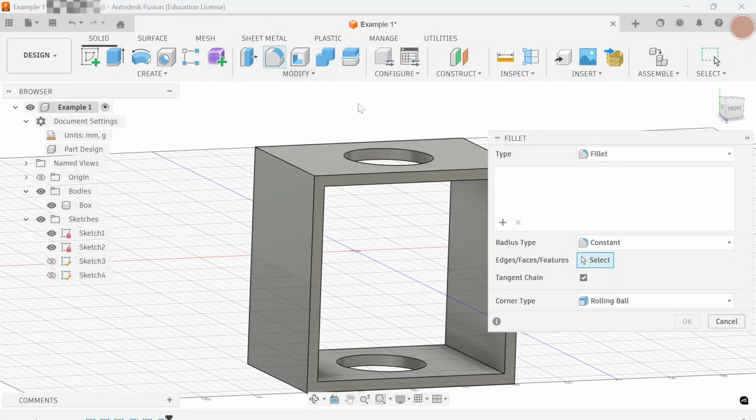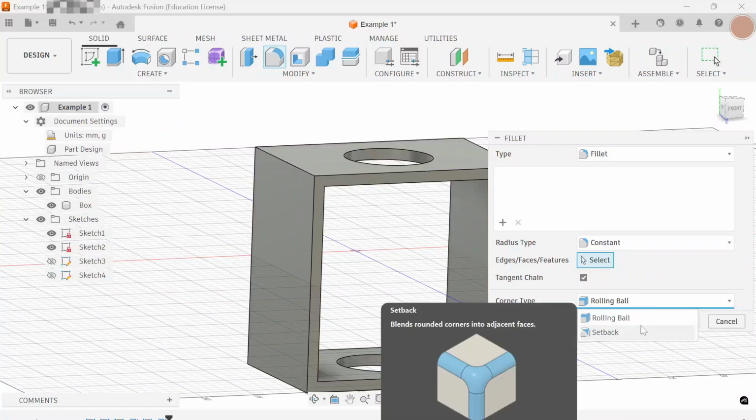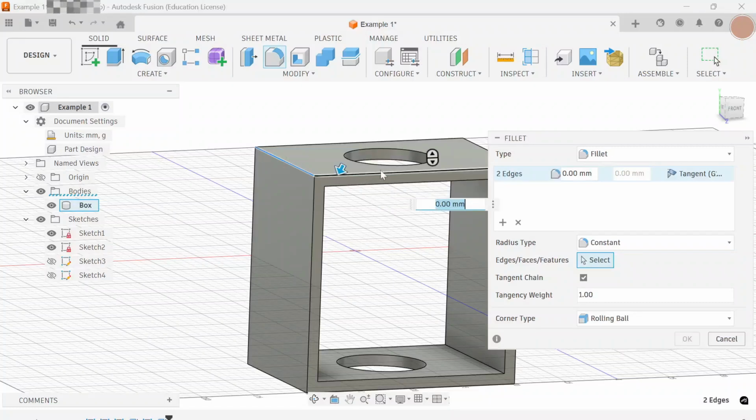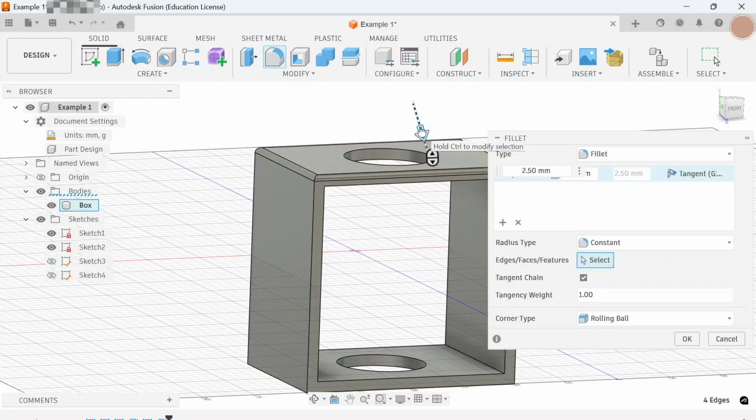We're going to click this fillet. And the radius type is going to stay. You're not going to change anything on here. You can sometimes change this depending on what kind of corner it is, right? Sometimes if the corners you want a bit more of a wider curved corner, you can do setback, but rolling ball's good for now. And you're going to select all the edges that you want to curve. So say I select these 4 top edges, and now I can either drag like that, as you guys can see,